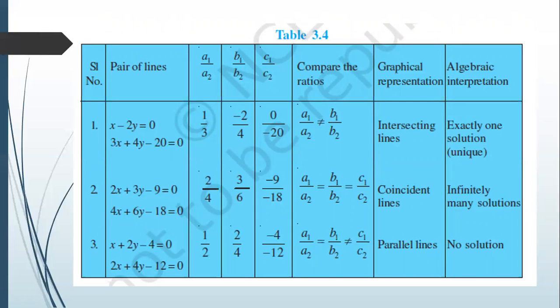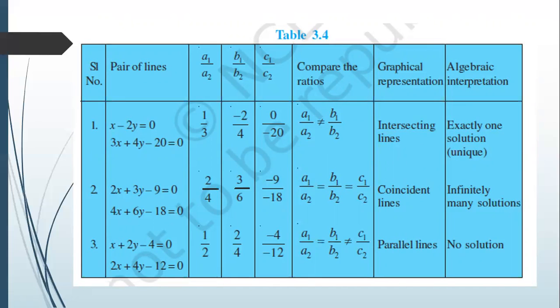So this is an important table. We are having a way to identify what type of equations they are without actually solving them or without actually graphically representing them. For that, we need to consider their ratios. If A1 by A2 is not equal to B1 by B2, then the lines are intersecting and they have only one solution. If A1 by A2 is equal to B1 by B2 is equal to C1 by C2, then they are